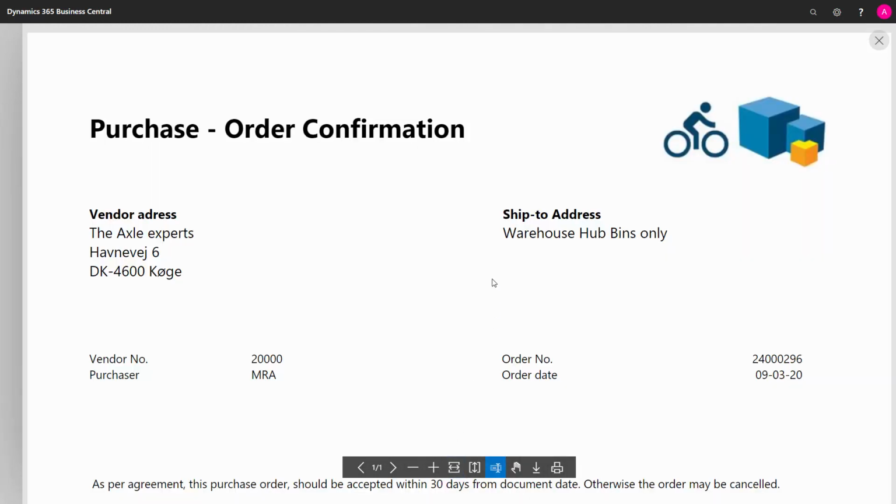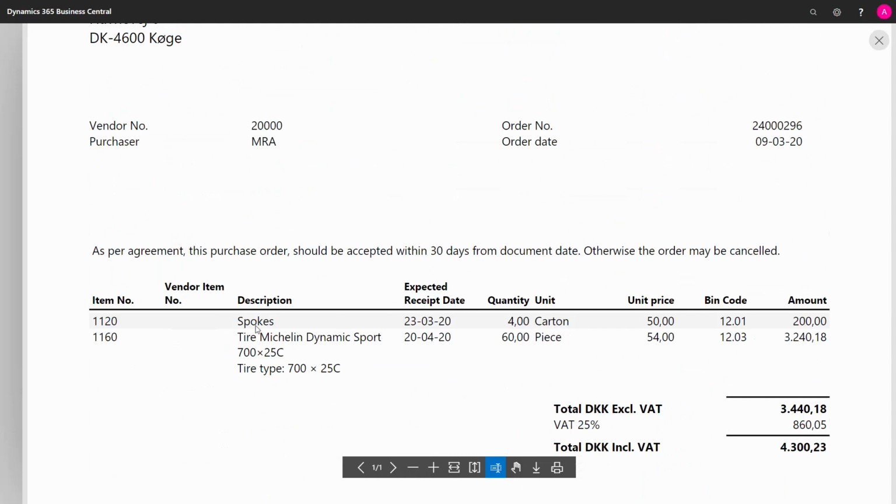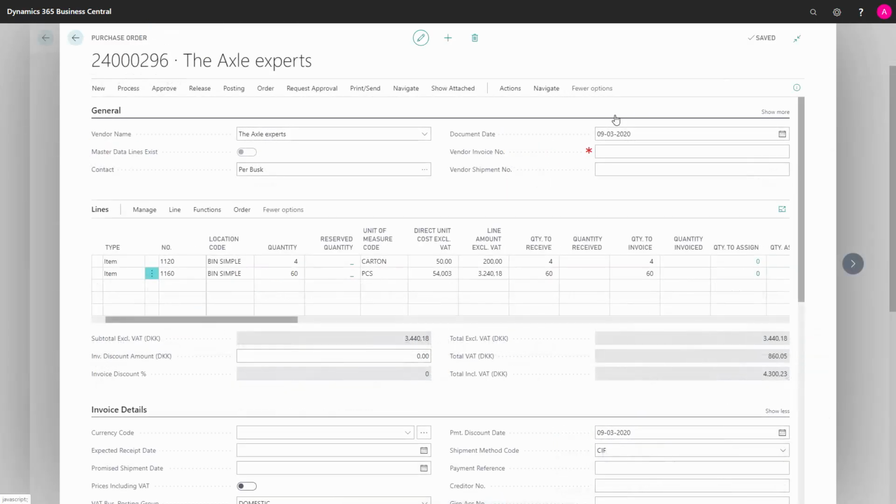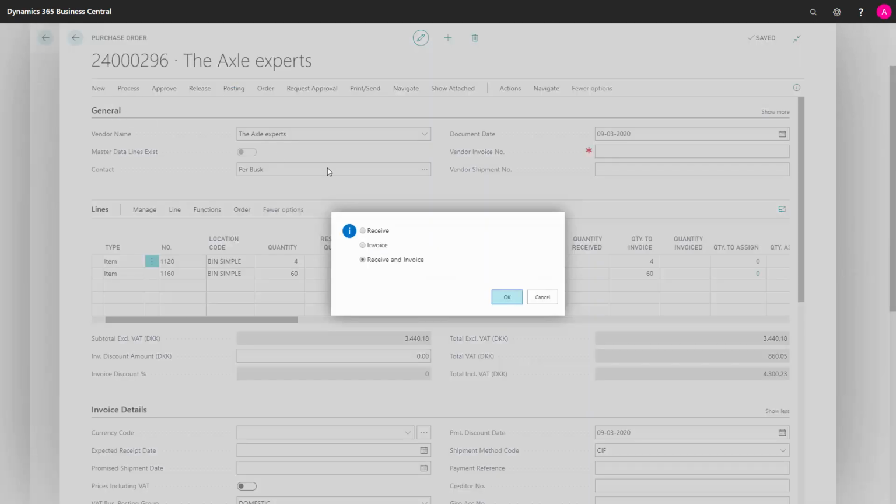And if I zoom to the line here, I can see I've added my two lines and I have the bin code in a column. So I can use this as a put away document directly from the purchase order, adding the item to those two bins. And if I choose other bins, I could write it with a pen directly on this document. After that, I get back into my purchase order, confirm the quantities, confirm the bin codes or change the bin codes, and then I can post the purchase order.